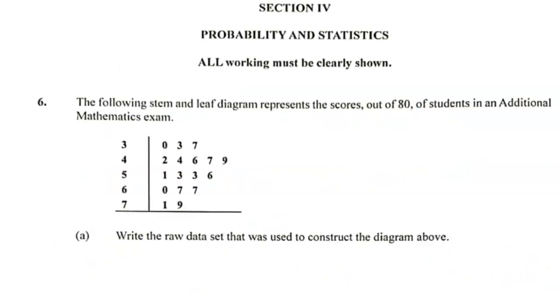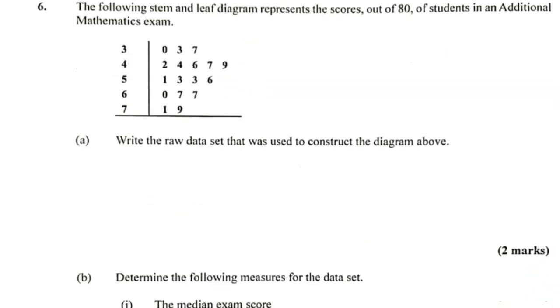So now we're at the final section of the paper. That's the statistics section. The following stem and leaf diagram represents the scores out of 80 of students in an ADMAT exam. Write the raw data set that was used to construct the diagram above. So this is the raw data. Each digit represents a number. So the first one, that's 30,